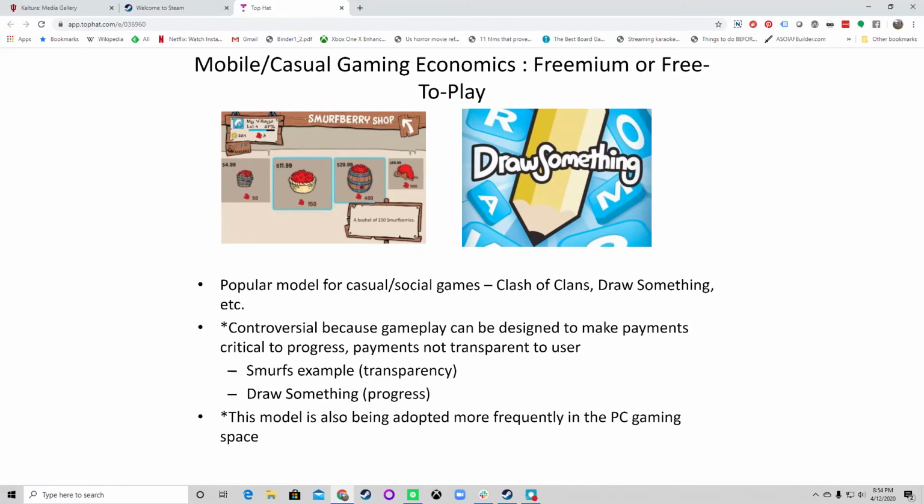So the mobile casual gaming, particularly on the phones and tablets, this is sort of the biggest slice of the market: these freemium or free-to-play games. It's a popular model for casual and social games, so things like Clash of Clans, Draw Something. There are several examples, but this can be controversial because gameplay can actually be engineered or designed to make payments critical to progress or to obscure how much money you're actually spending and what you're getting for that money when you make these